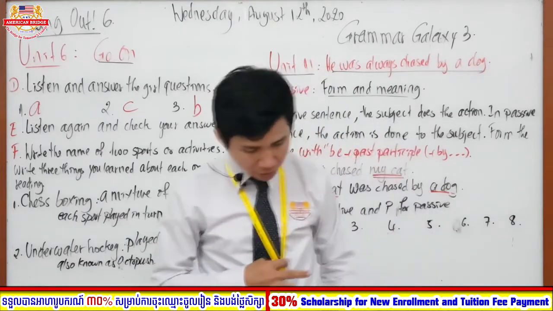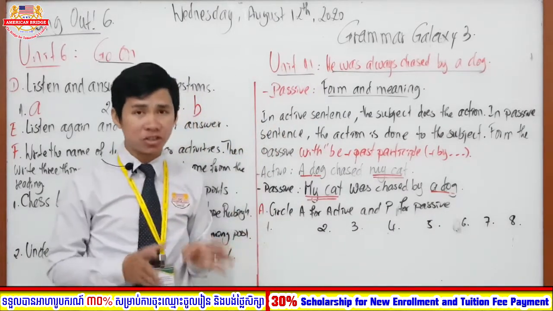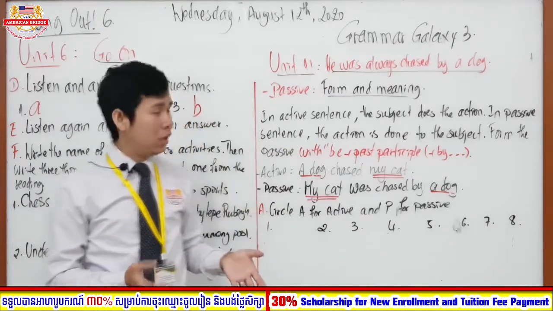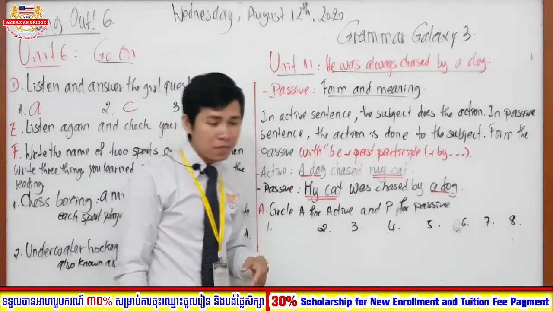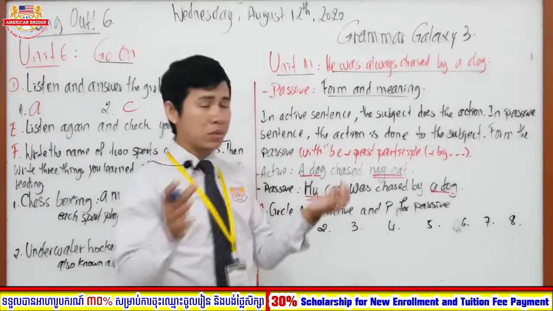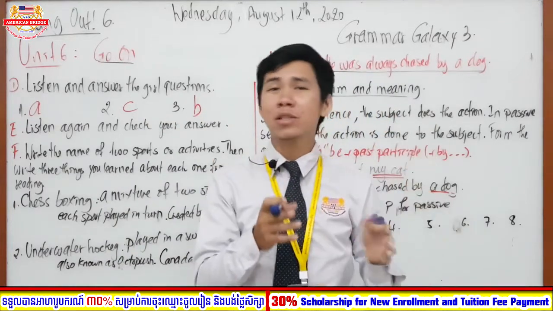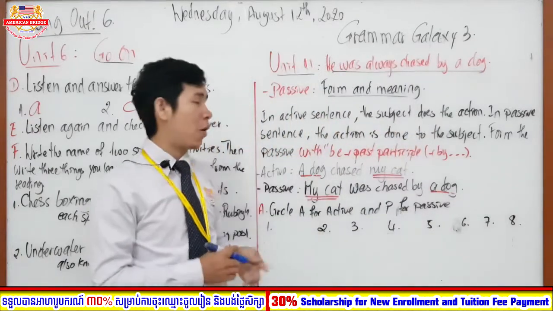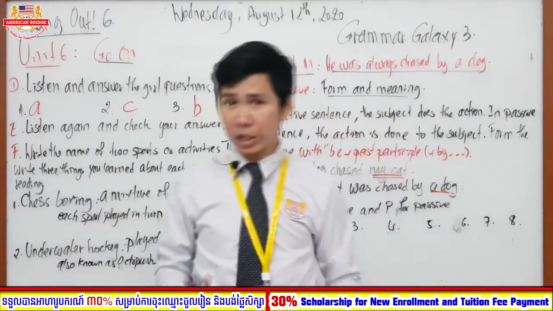So right now, everyone, let's move back to our point. If you have any question, you can drop your question in the group, and every question will be answered. In a passive sentence, it must be formed by be plus participle. You know that be means is, am, are, was, were. When you see this plus verb 3, or the verb participle, it is a passive sentence. Now, to make sure you understand, I am going to move on with one practice in section A together.